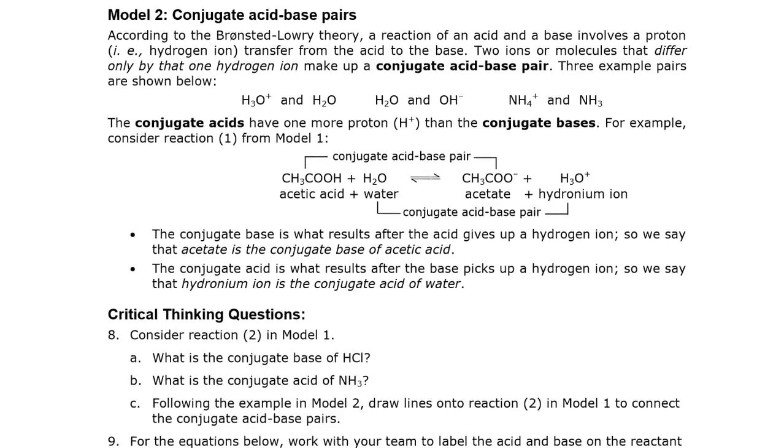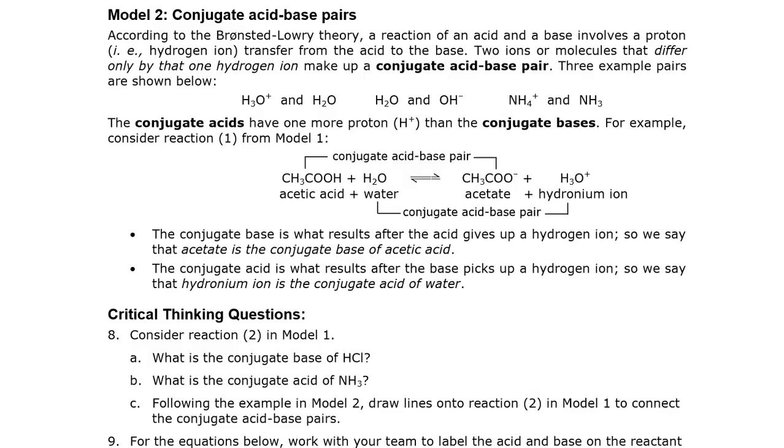Conjugate acid-base pairs. So this kind of acid-base reaction that we have been investigating, these are called the Bronsted-Lowry acid and base reactions. It's a little bit more sophisticated than when we learned about acids and bases earlier and just said that an acid completely dissociates in solution to give you an H+ and an anion. This is a little bit more sophisticated way of thinking about acids and bases.